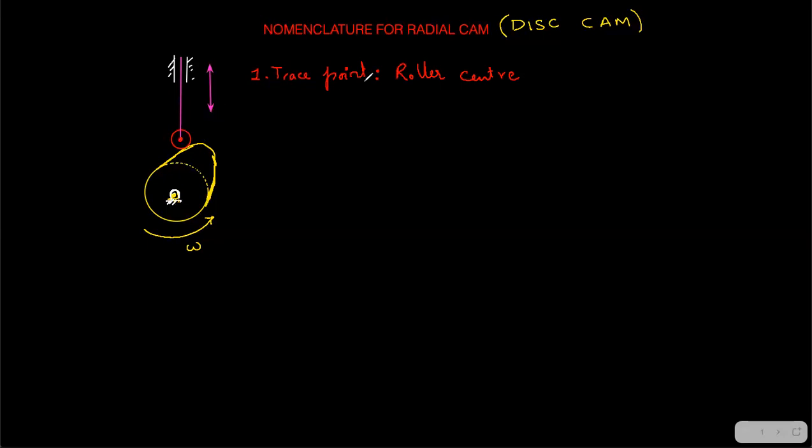So roller center is also taken for this type of followers, and also I will give you an example of an oscillating follower. So this is the fixed portion, and this is your roller follower. Oscillating cams also we have discussed, followers we have discussed, right, in the previous videos. So this is the cam surface, fine, and this is the center.